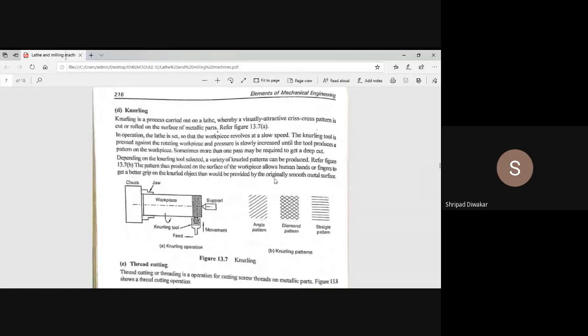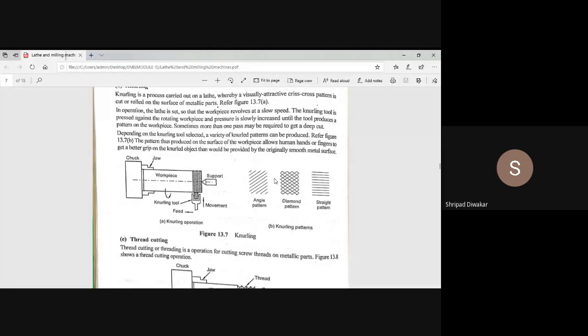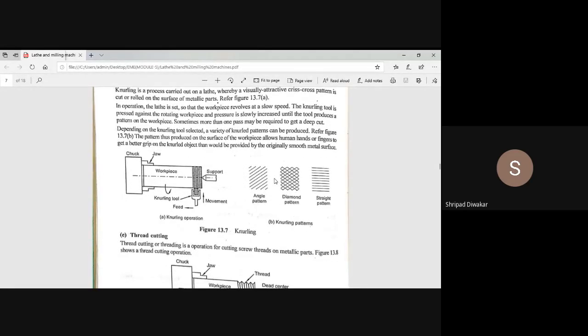And remember, in the lathe machine we can hold only cylindrical jobs. It is not possible to hold the other jobs. Like suppose I am having a rectangular job, it is not possible to hold. For that we are having another machine called a milling machine. So you remember, we can do any operation of cylindrical type. We can hold only cylindrical jobs in the lathe machine.